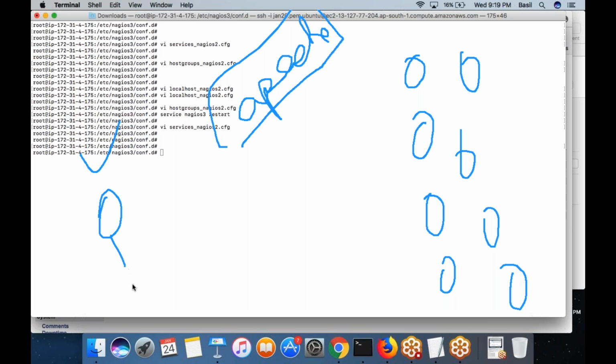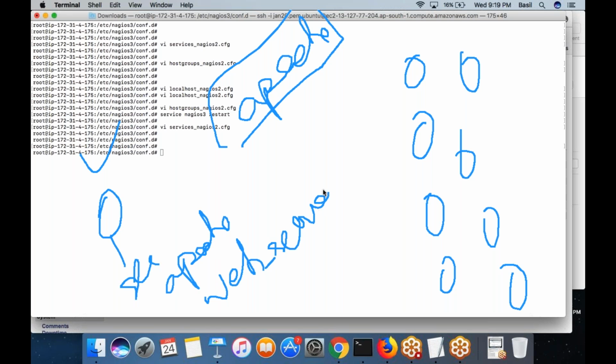So you are going to define a service called Apache, and you would define this service for a host group called web server. I'm going to create a new host group called web server, and add my new machine into that group. Then I will define a service Apache which will check all the machines that are part of this host group. In our case, it's a single machine. So let us go ahead and do that.